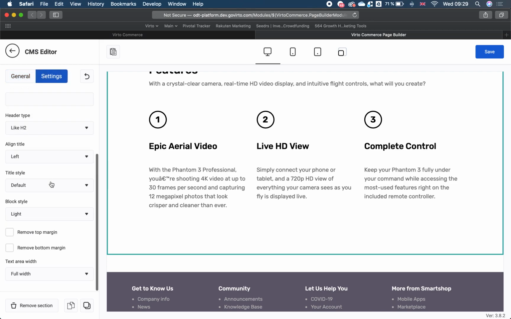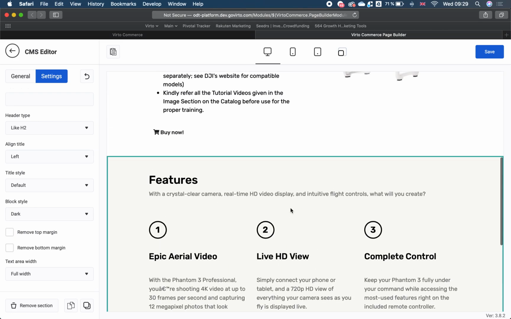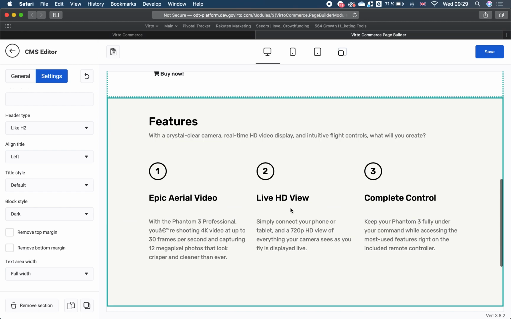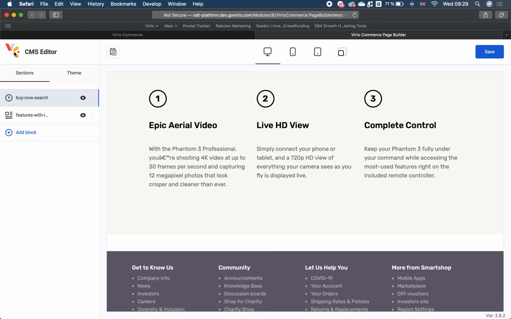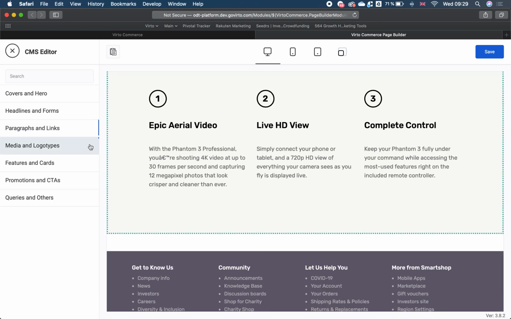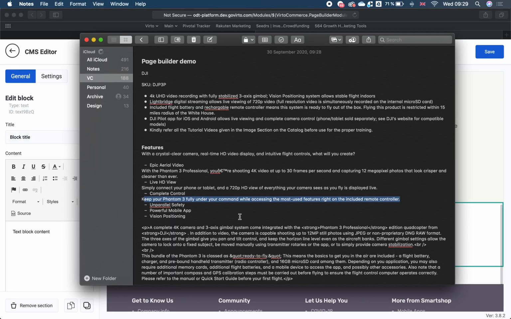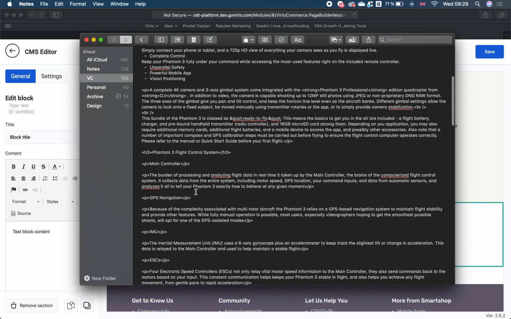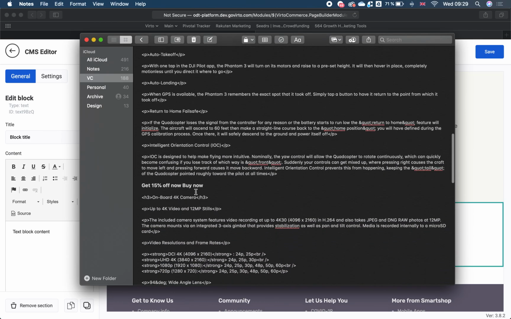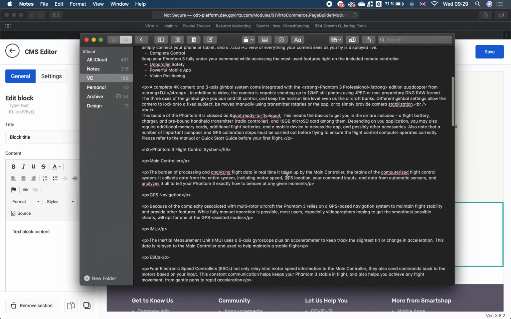Alright, so let me just change quickly the background to another color so that it's a little bit different from the other blocks. Other than that, I want to add some text blocks so that we can add some more description, and for this I'm going to use the simple text building block where I'm basically going to copy paste this HTML markup